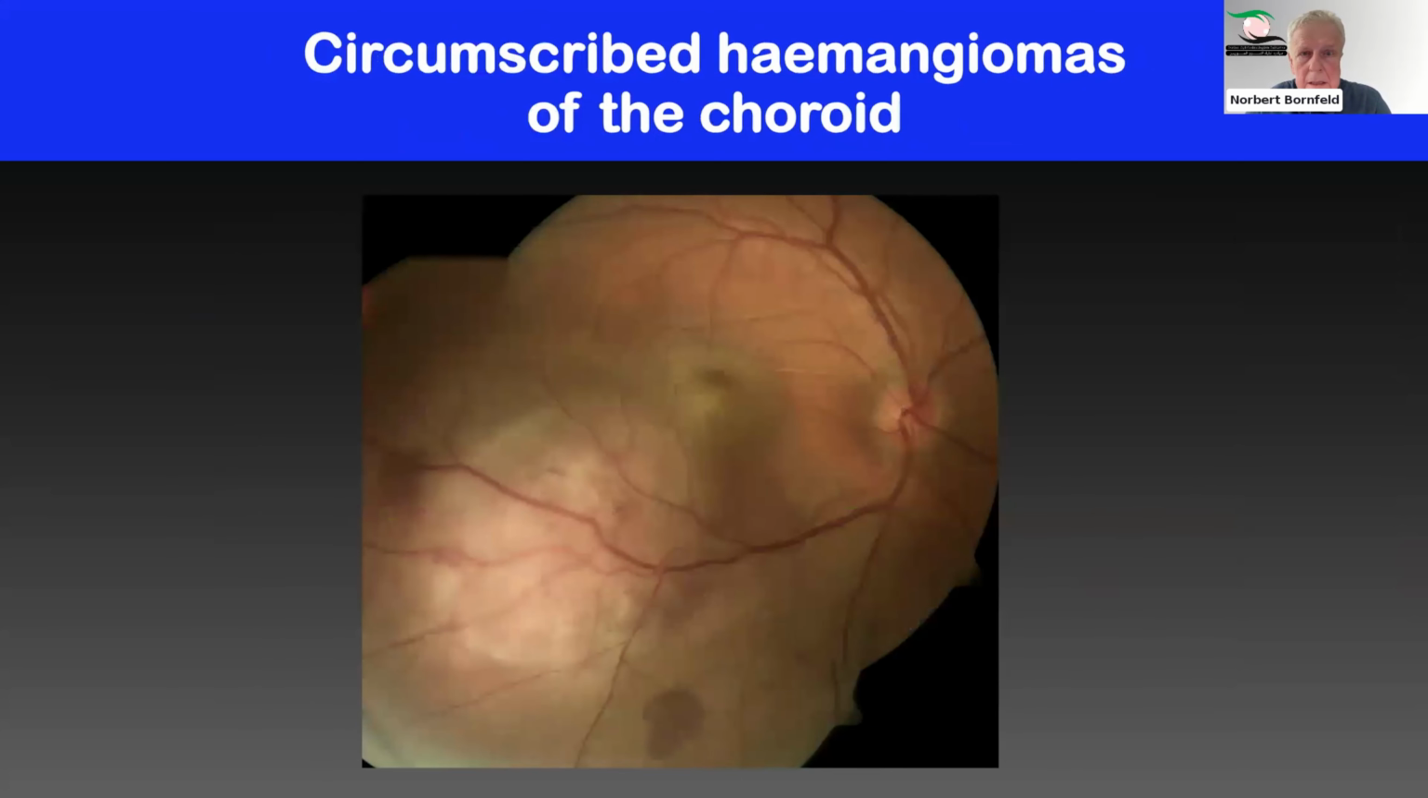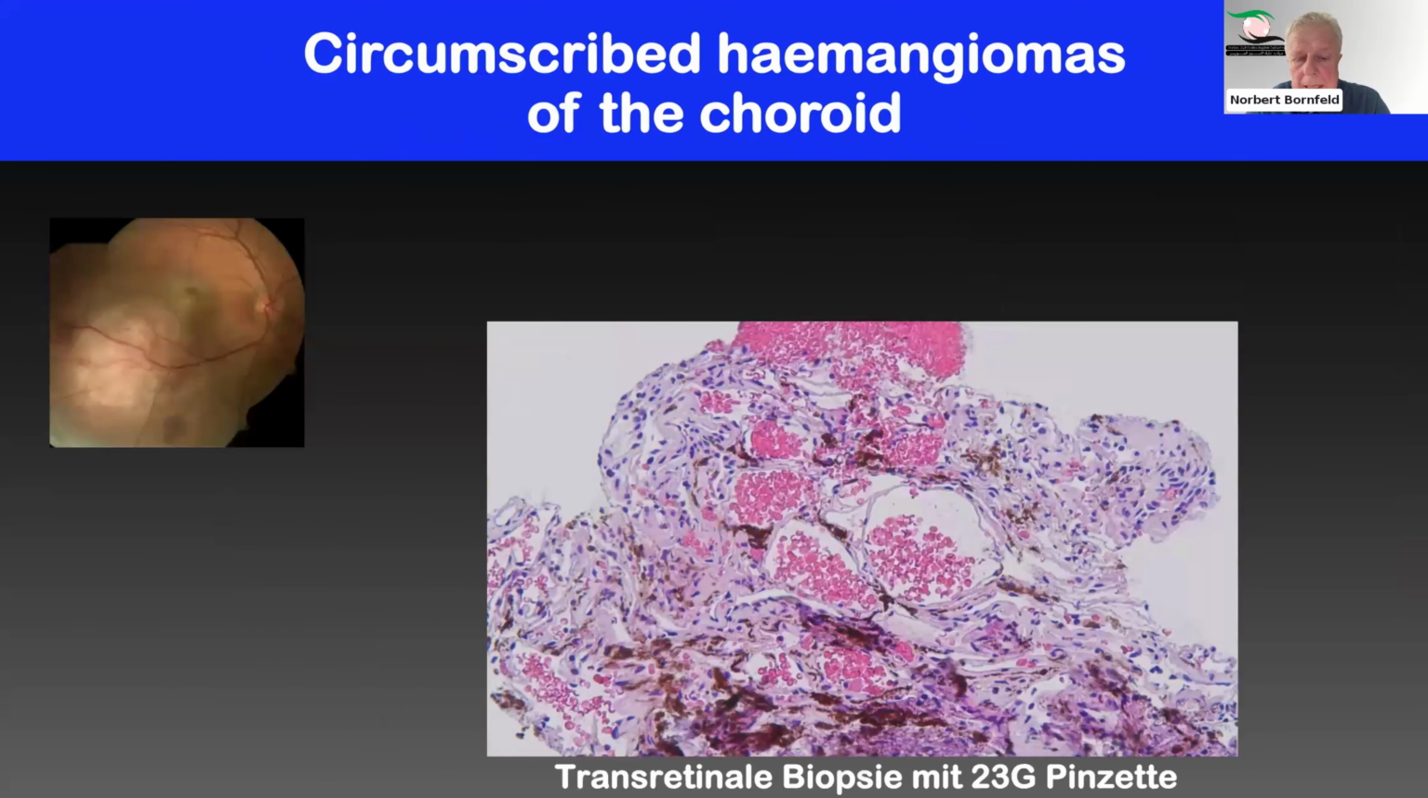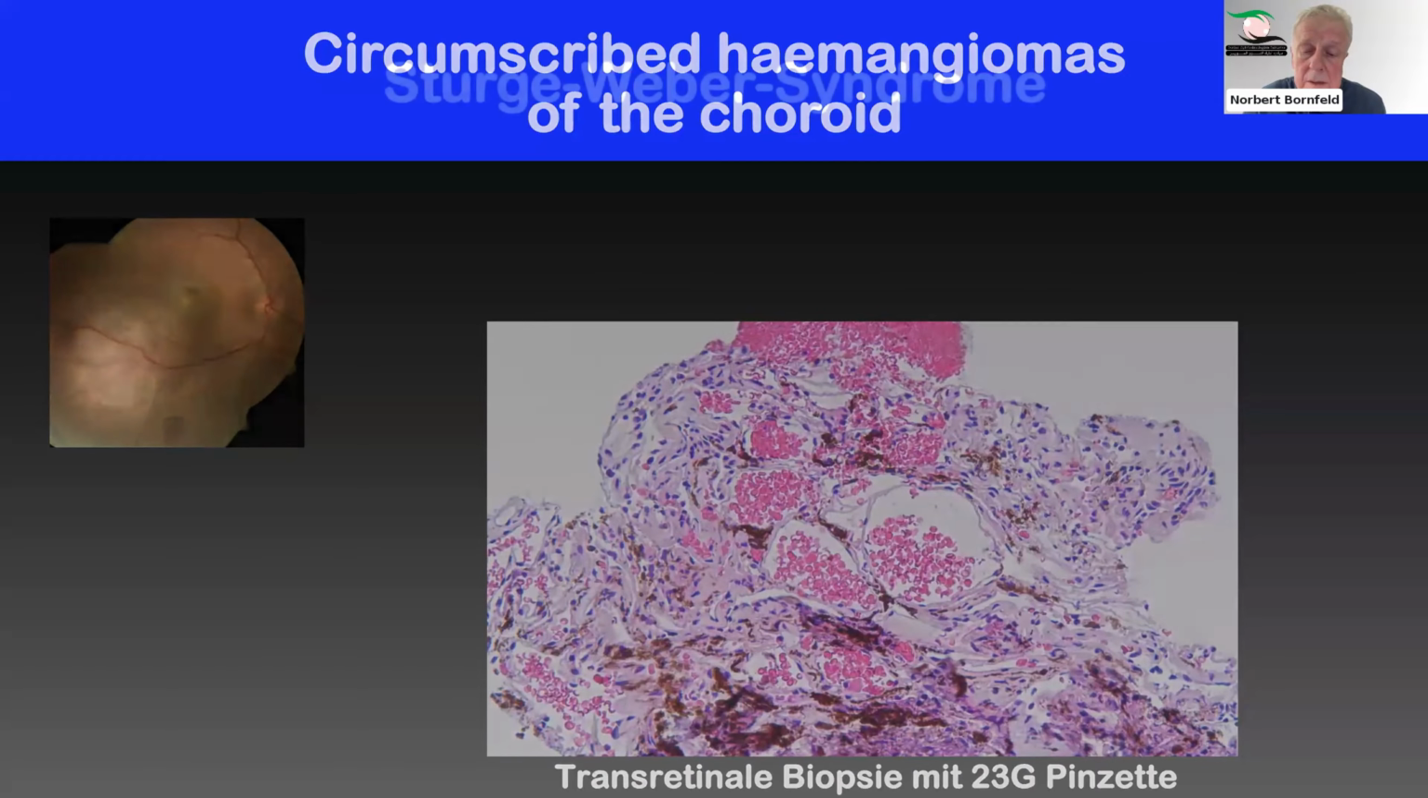I just skipped that slide. Choroidal, most of the hemangiomas are circumscribed. And that patient was a patient where we were unsure whether that is hemangioma or not, and that transrectal biopsy was that patient, and it shows you the typical histology with a large cavernous hemangioma. There's no doubt about what the diagnosis is, and it pretty much looks like a melanoma, but it's not. Luckily it's